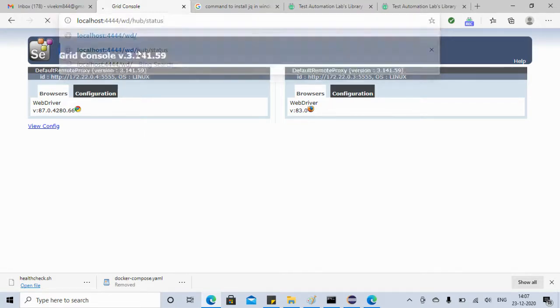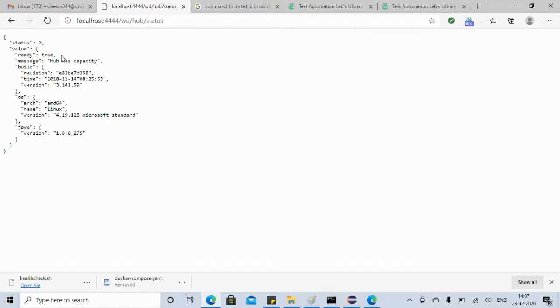So if you see here, this is actually a REST API, friends. We are calling this using this URL. This is maybe a get call. So we can see the ready, right? This is true. So before starting Selenium Docker, because we are going to create a Docker Compose file where we will have the Selenium Docker image as well, we have to check that this ready is true. Until it is true, we have to wait.